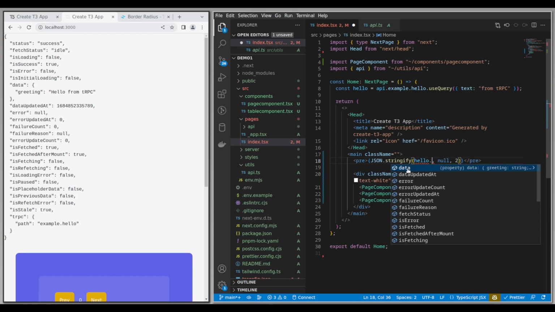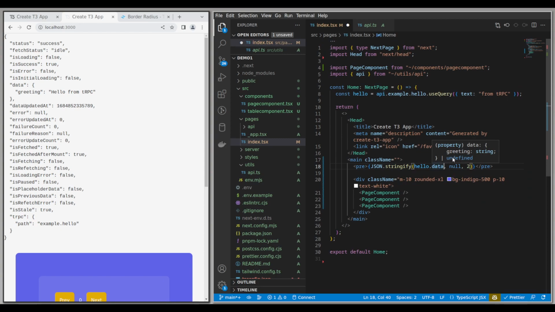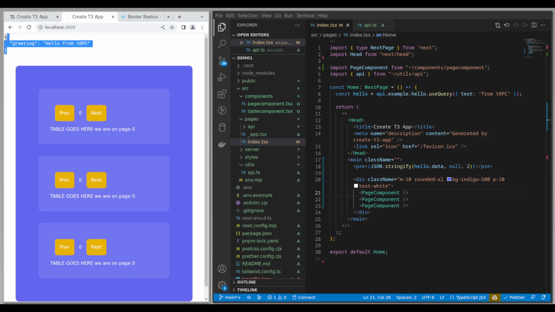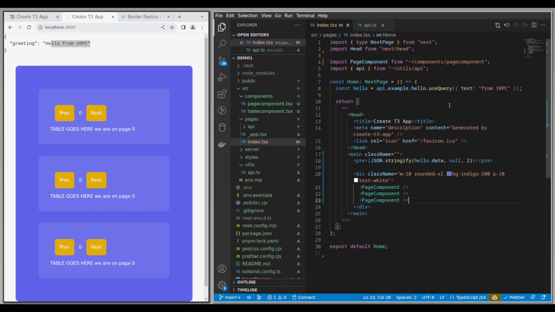The actual data coming from the backend will be in this data, and that can be undefined because it might not be finished loading yet, right? So you have to just keep that in mind and handle that. So the backend is giving us this default greeting, hello from tRPC. So the nice thing is,